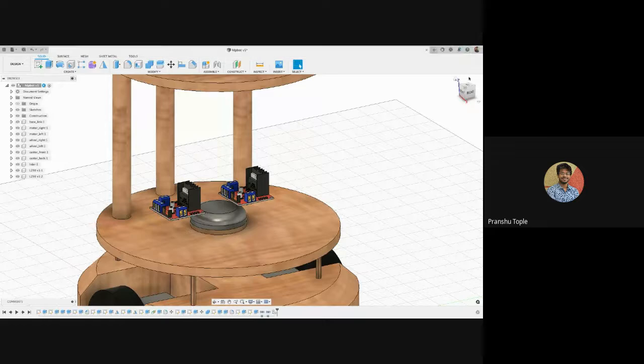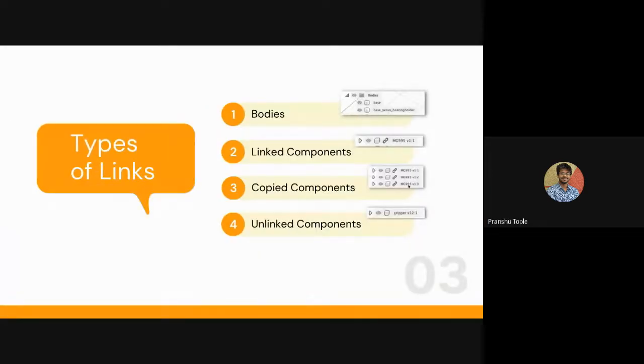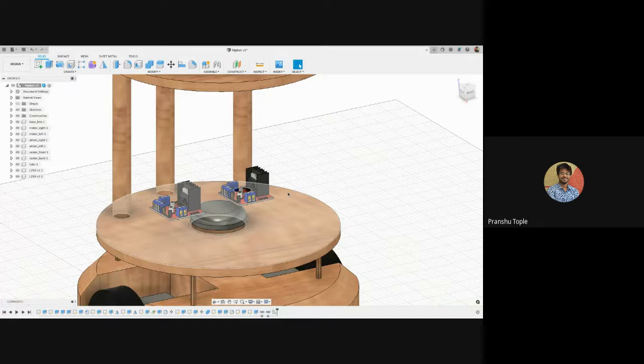I tried increasing the font size, but I guess it is not working with this. So please try to just have a look. It's like :1 and :2. In the presentation also I have shown, if they are copied components, there is :1, :2, :3. You have to make sure these copied components are not there. So how can you remove this copied component?